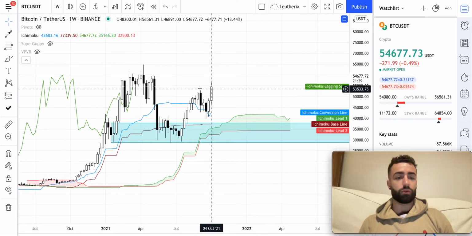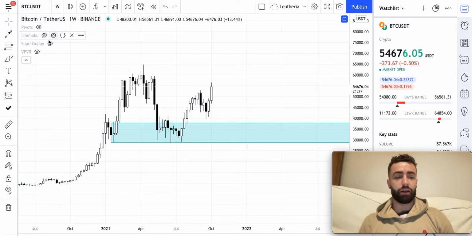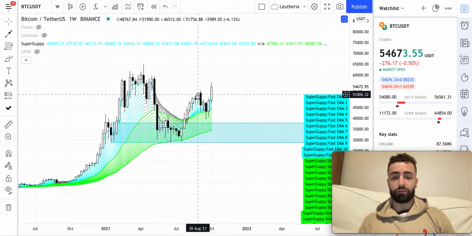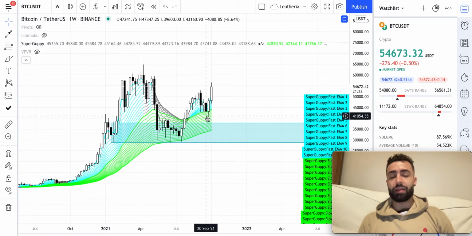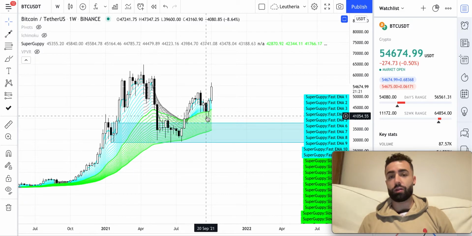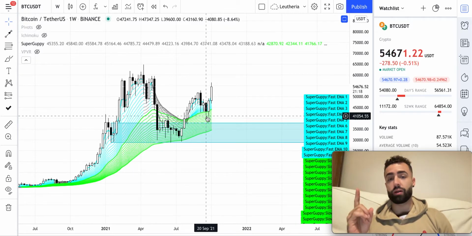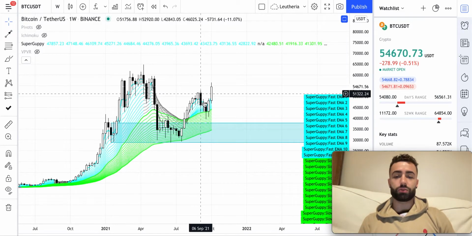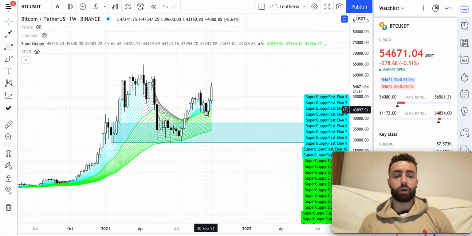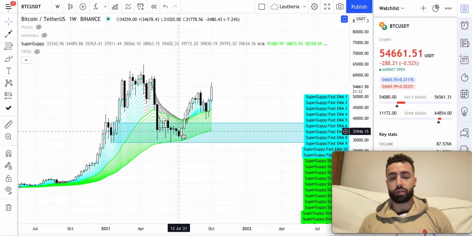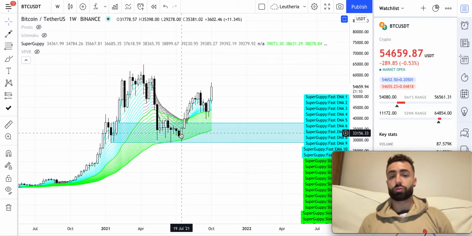Good continuation for the Bitcoin investors there. From a super guppy perspective, here's another indicator that you can use as an investor. If you don't know how to use this indicator, check out our tutorial video, which breaks that down for you. But this is really an indicator that will help you find good entry points for potential bull trends or bear